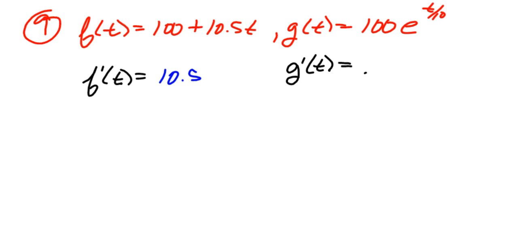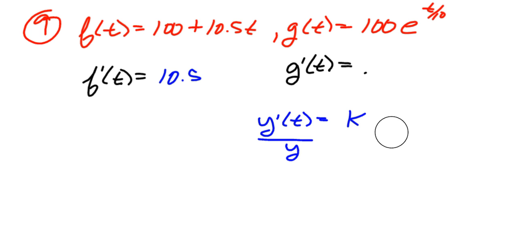So what I'm going to go back to for this one, to find the growth rate, or k, is to start back with the original differential equation for the constant growth rate k, and I'm going to solve for k. So I'm going to divide both sides by y. And this is what I'm going to be looking for in order to find my constant growth rate of the g function. So when I do this, I'm going to take the derivative